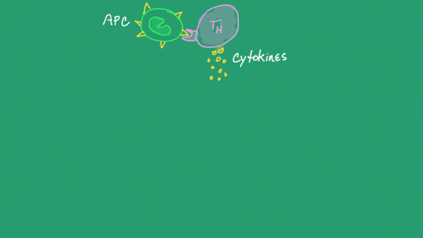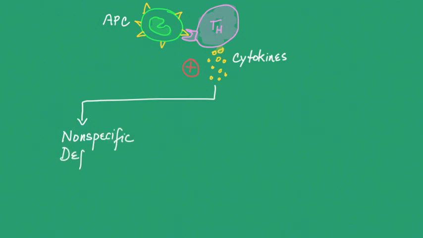Now for the cell-mediated immunity. Here we have in green the antigen-presenting cell presenting the yellow antigens to the helper T cell that is shown in pink. The helper T cell responds by producing cytokines, which are chemicals with the ability to turn on the entire immune system. So the helper T cell is something like the boss or the coordinator of the entire immune